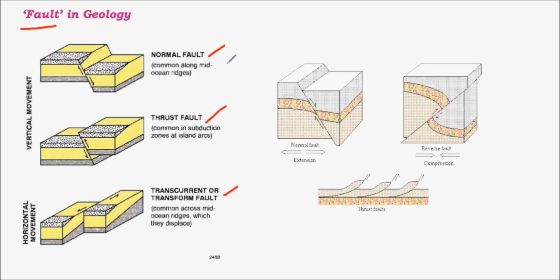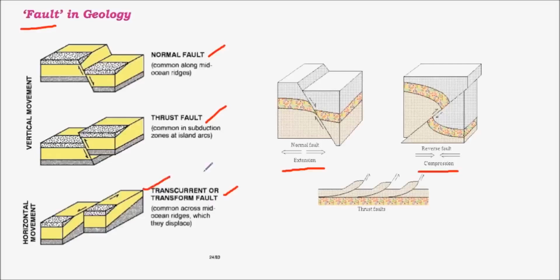For example, under tensile forces, that is where two blocks are pulled away from each other, then a block in between them would simply slide below, which leads to a normal fault. It is because of extension or tensile forces. In the other kind of fault, where two blocks push the block in between from each side, the block would rise. This is called a thrust fault, and this is due to compression, and it is also called a